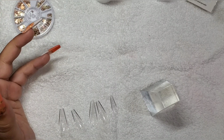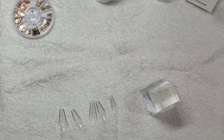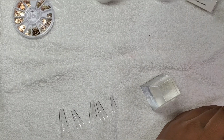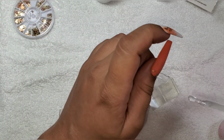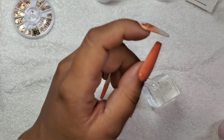With that being said, I also mentioned the rhinestone gel, a no wipe rhinestone gel that I'm adding to the line. So that will be coming this week as well. Same with poly gel. Poly gel will be in stock. It took a while to get it back in stock. And then what also took a while is